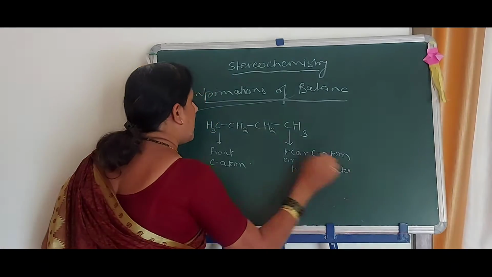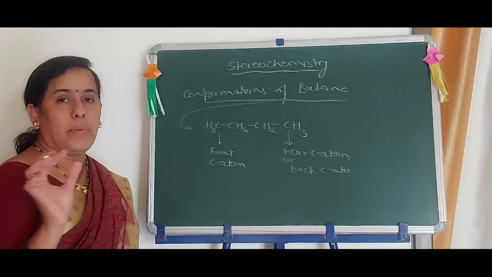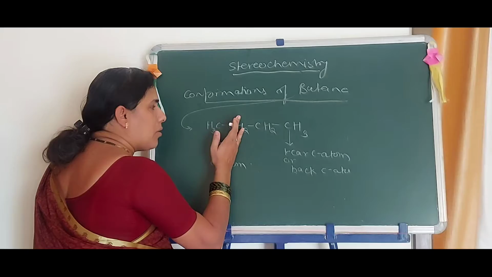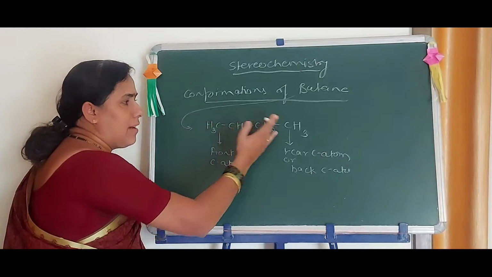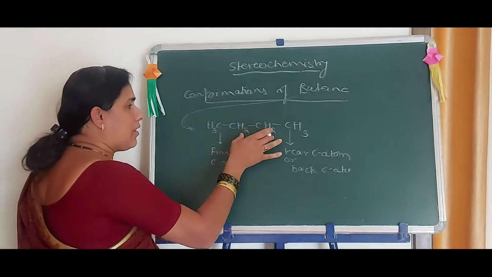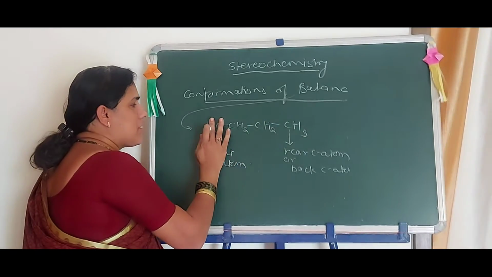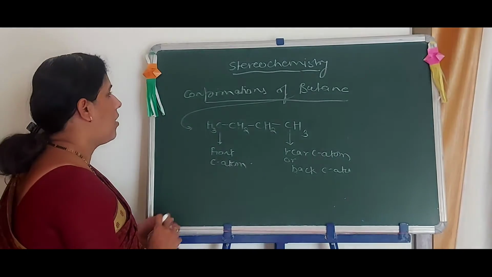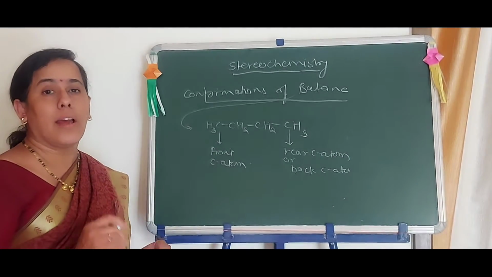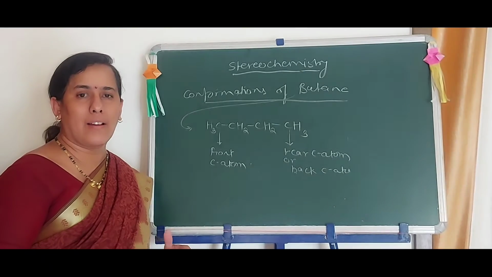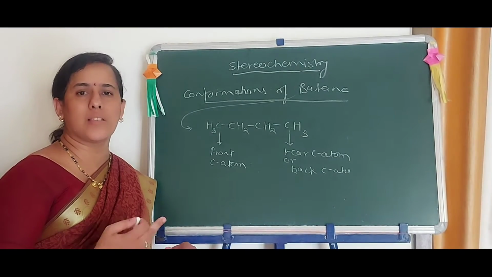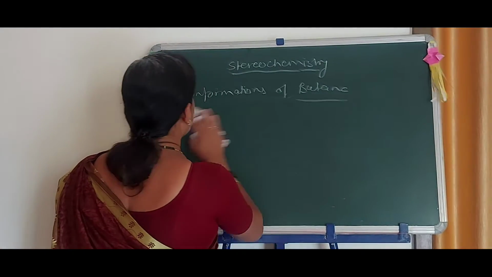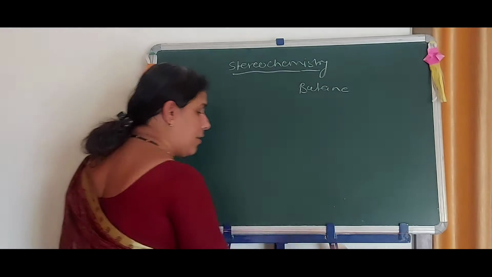And these two groups in between, whatever may be the methyl groups, are below the methyl group. That is in between these groups, it is behind this CH3 group. Now, according to the butane structures, which angle is considered for eclipsed, and which angle is considered for staggered? We have seen here the conformations of butane.